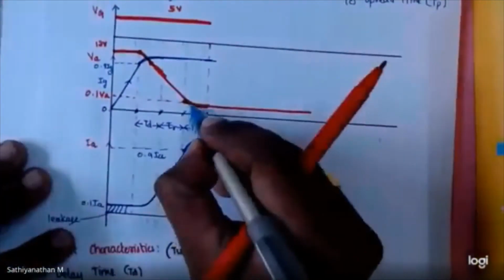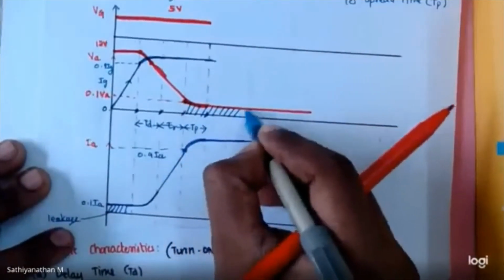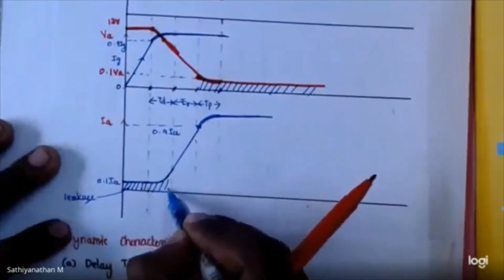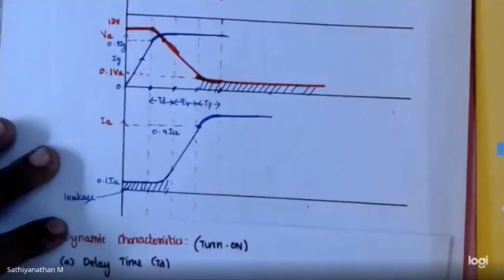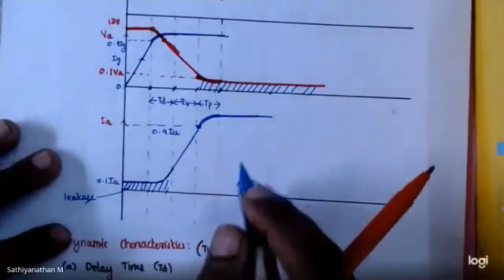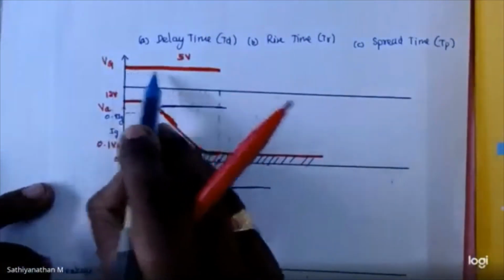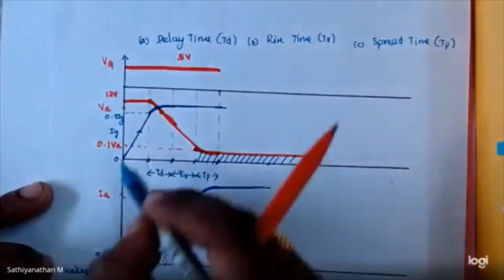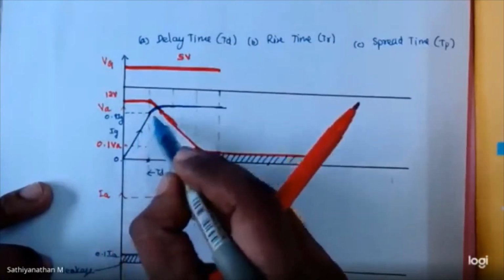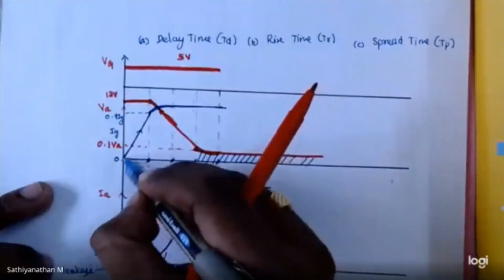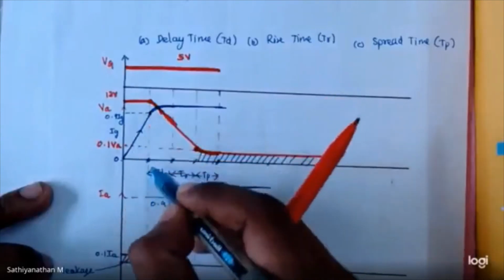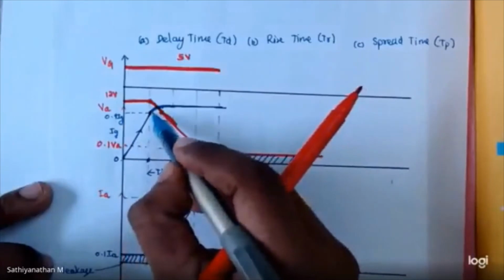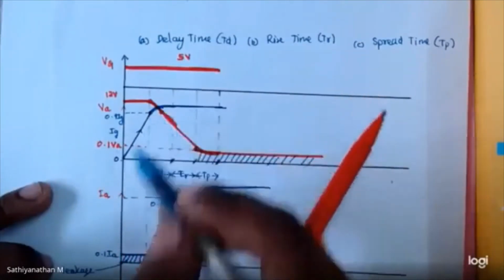So this defines the drop across the device, and this time period shows the leakage current of the device. So this is called the turn on process of the device. Now we are applying a gate voltage from 0 to the maximum level. Your gate current starts increasing from 0 to max. Initially, from 0 to 90%, nothing will happen. After this point, your gate current is higher, and your device starts to conduct.